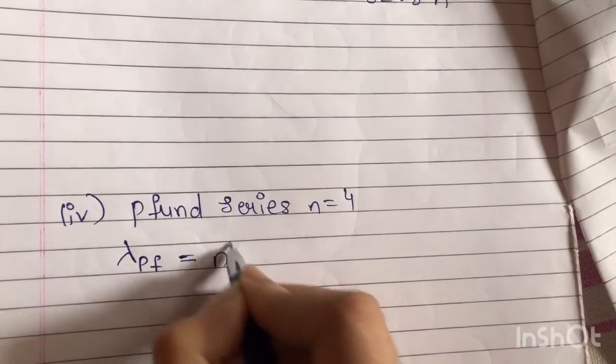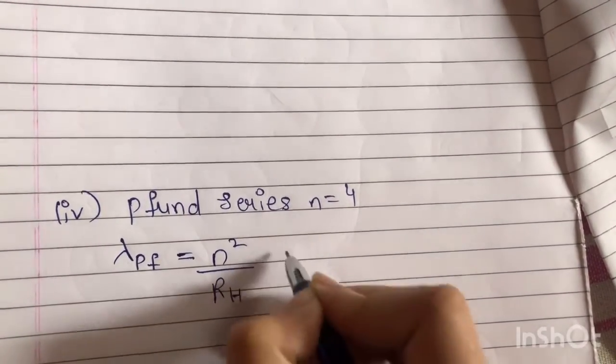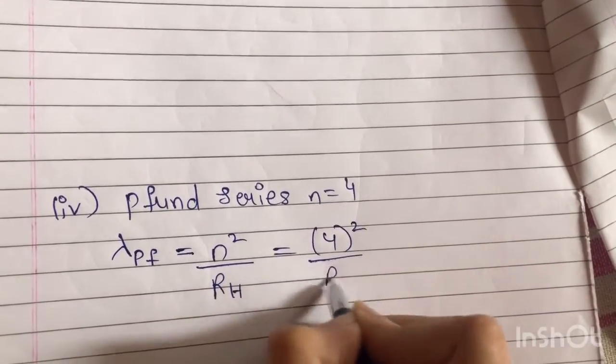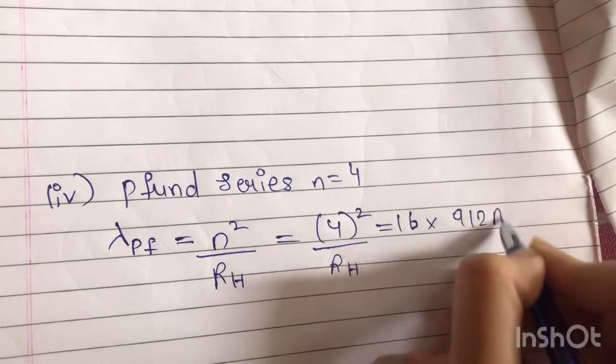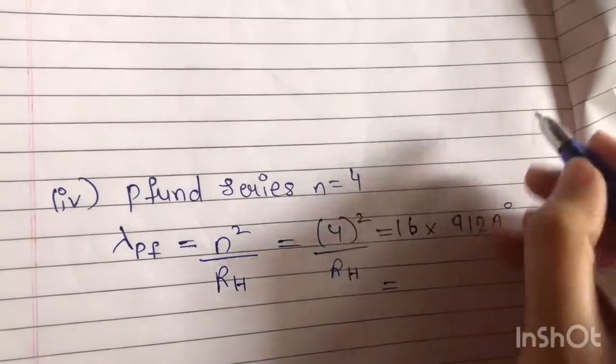For Pfund series, again the formula is this, n square upon Rh. 4 square is 16, 1 upon Rh is 912 angstrom. We will multiply 912 with